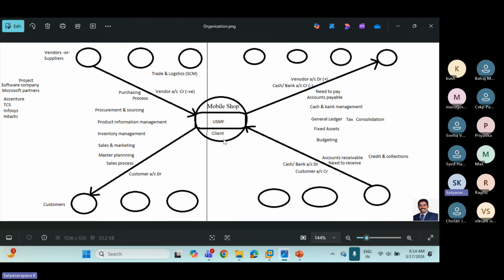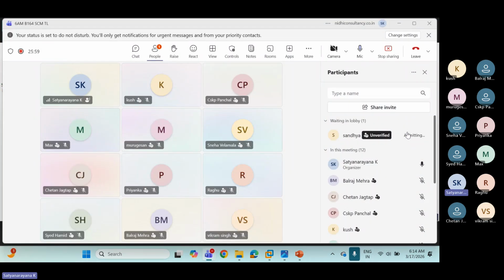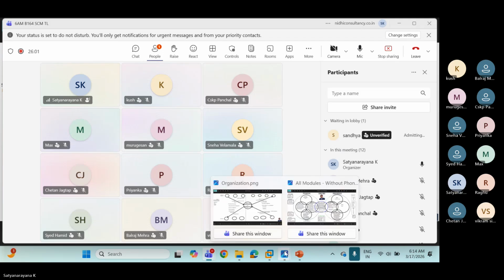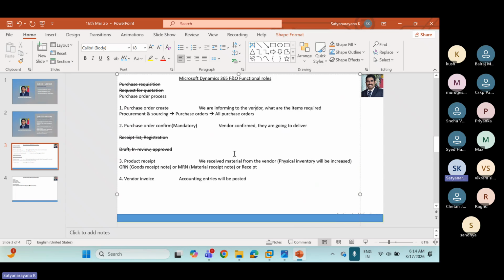You need some material from the vendor, so we inform that vendor through the purchase order. Purchase order creation means we are informing the vendor what items are required.